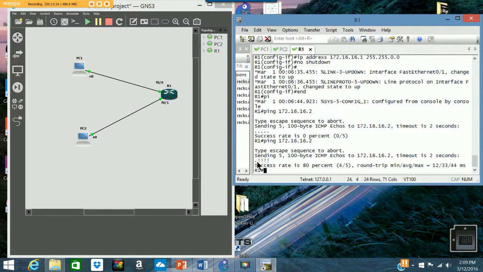This first packet is used by the computers and the router to establish who they are, and that they're on the same network. So the router will send a packet out saying, who is this person, 172.16.16.2, and he will respond back with, oh, that is me. And then the router will say, well, that person is off of my FastEthernet 0/1 interface, so he puts an entry in the table telling him that this computer is off of that interface. We might even be able to see that. Show